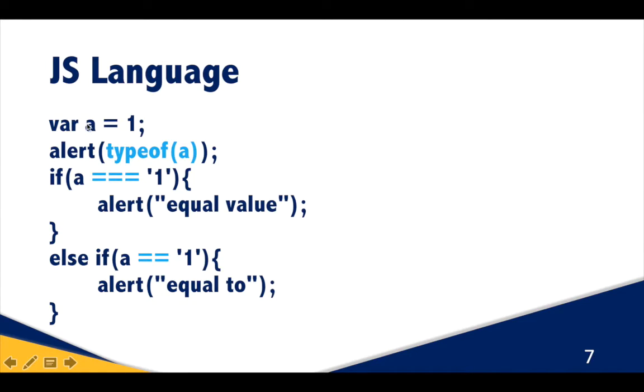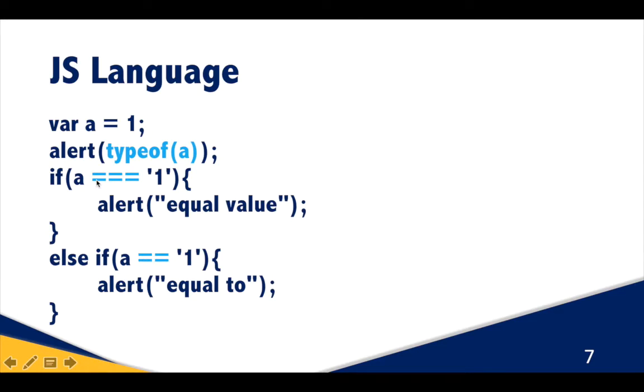And if you assign 1 to a here, and you want to test a with a normal double equal sign, it will convert 1 to a string, or convert a string to an integer. So if you test here with the usual equal sign, it will return true because it doesn't know. It tries to